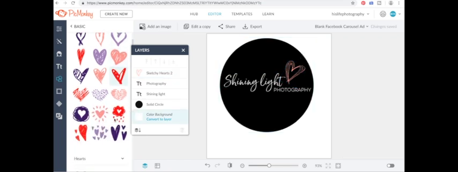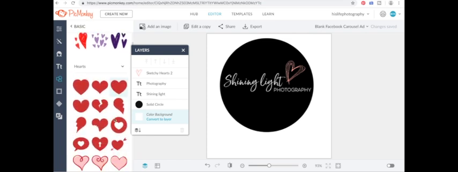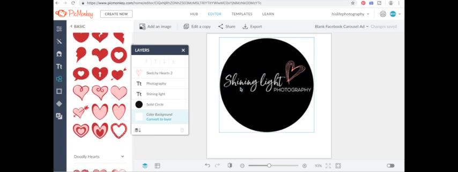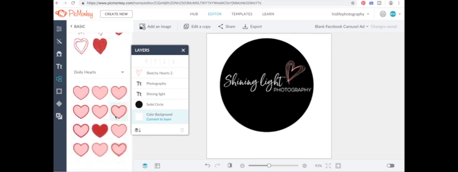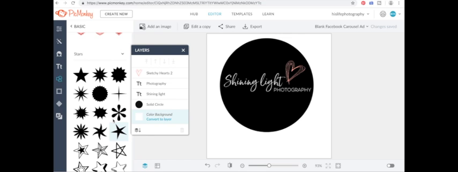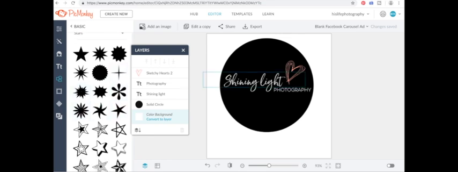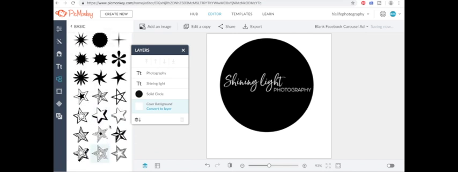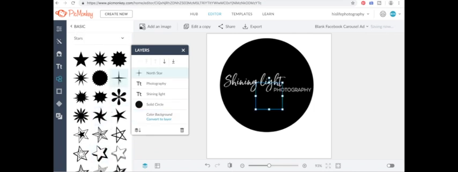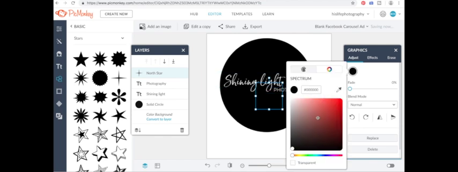And then if you really want to get into the typography part of it, you really want to play off the words that are in here but not be super obvious. So shining light, if you found a heart that looked a little bit like a light or something, that might be a little bit more sophisticated of a design. But if you're really just trying to get started, some of these stars kind of look like lights. So let's try this one, it kind of reminds me of a shining star. So let's make this